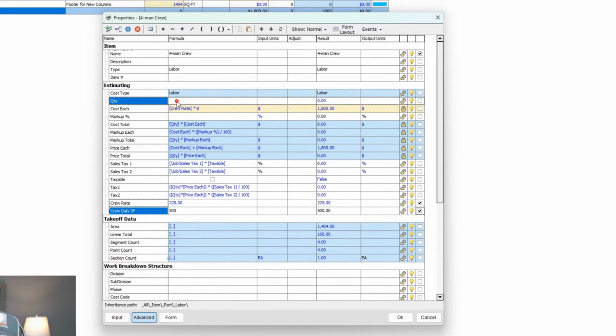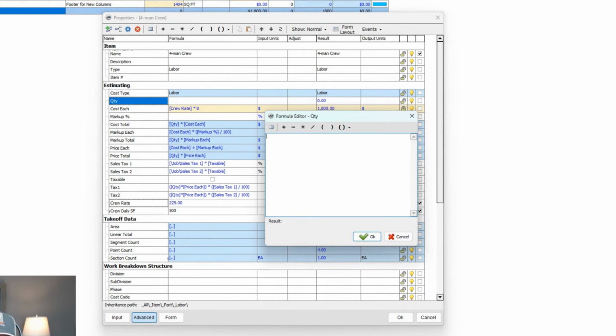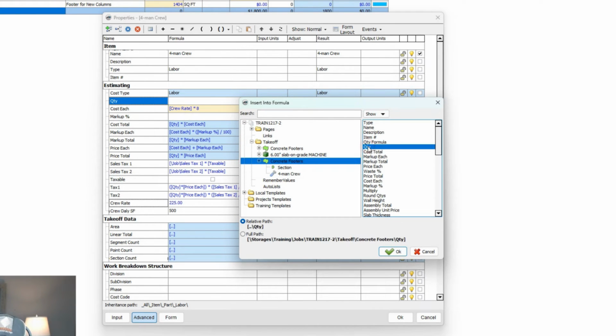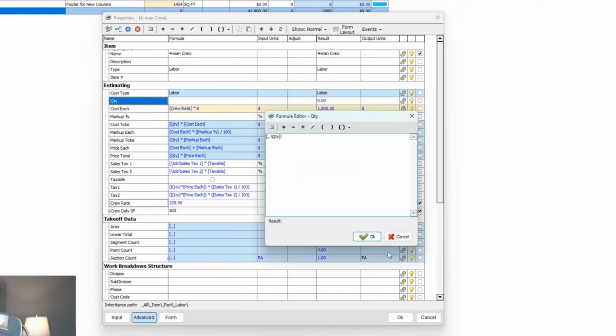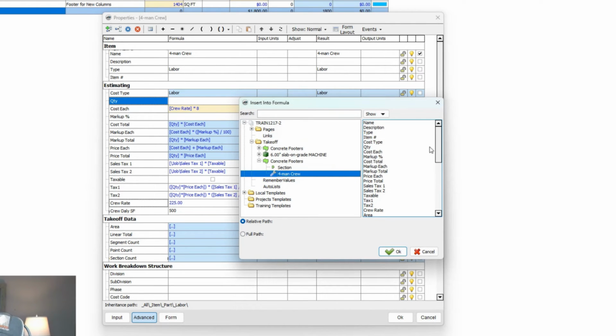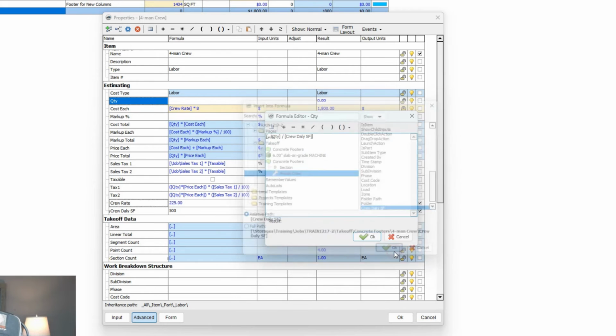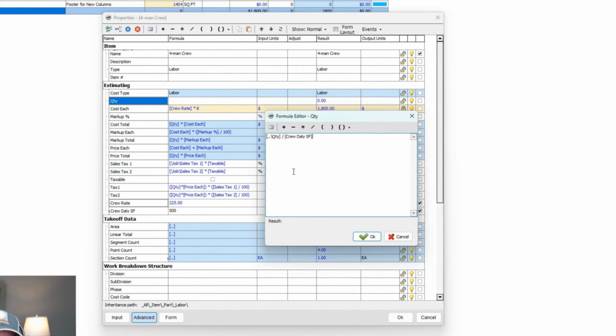In quantity, the quantity is going to be a calculated field. Rather than putting in a quantity, it's going to be based on our variable. Because this is a child of concrete footers, we go up to concrete footers, click on quantity, and leave it as a relative path. Then we say divided by, use the division symbol, and go back and pick up our daily square footage. Where is it in here? It's at the bottom. Sometimes it appears at the bottom, sometimes wherever it wants to put it. Still relative path. So our parent quantity divided by our daily square footage is going to give us